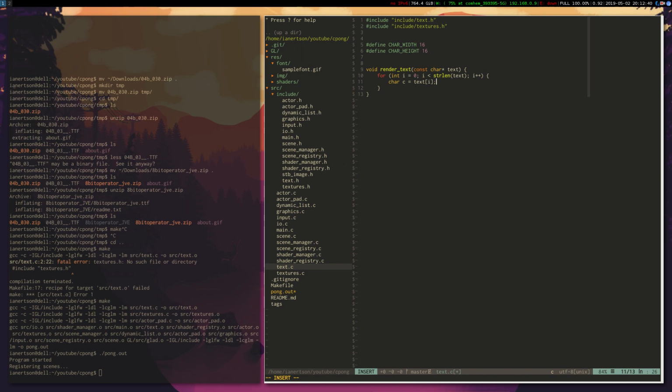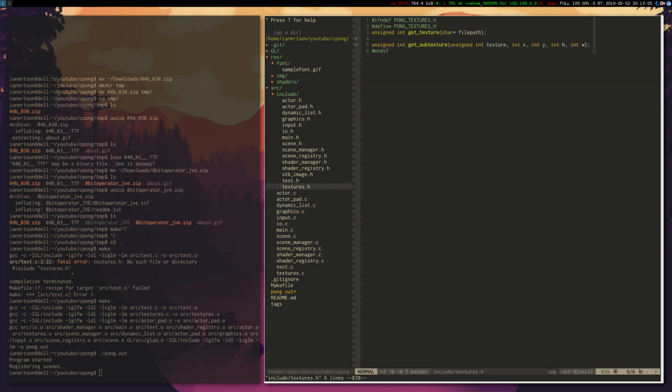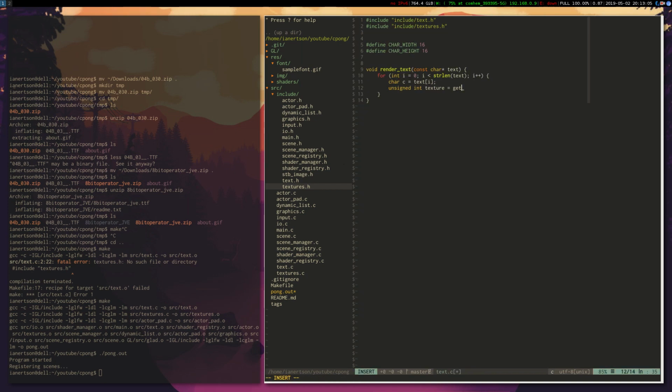Okay. Now, based on what that c is, we're gonna map that. So basically, for every char, we're gonna get a texture. So unsigned int texture is equal to get sub texture